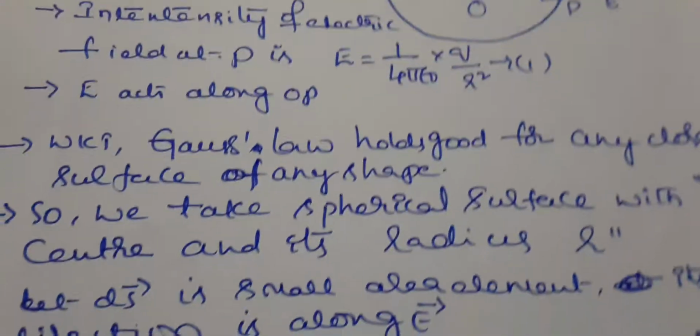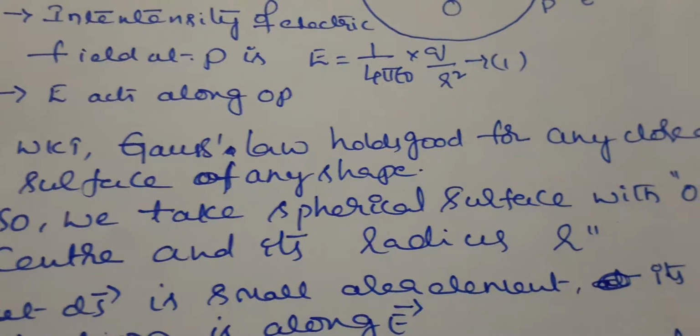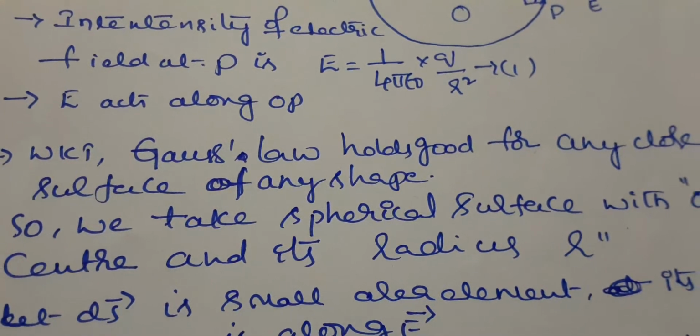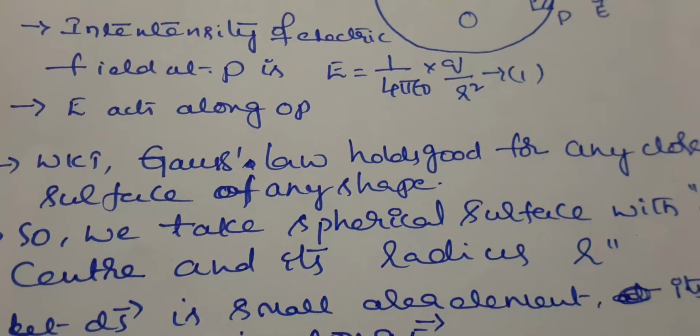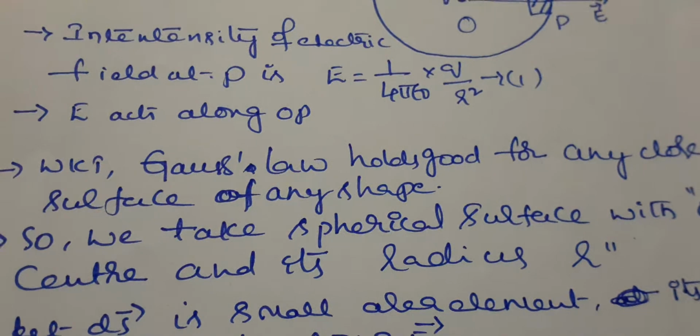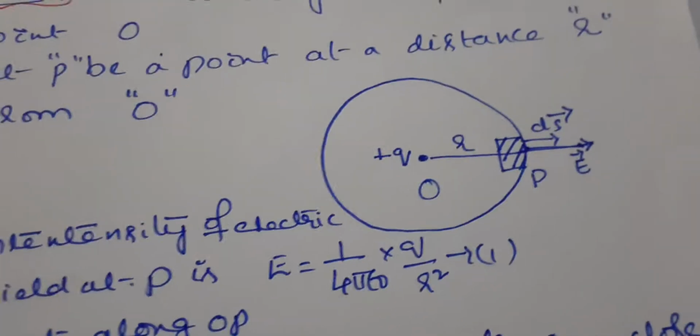So we know that Gauss law is valid for any closed surface of any shape, but not open surfaces. So Gauss law is true. Gauss law holds good for any closed surface of any shape. That is why,